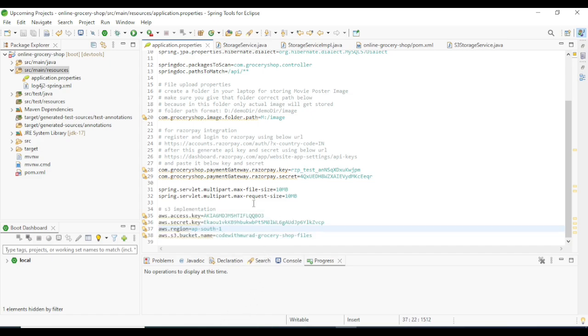And after creation of the S3, we will create the credential, and we will use that credential here in the Spring Boot application.properties file. Then our backend configuration will be completely done, right? So now